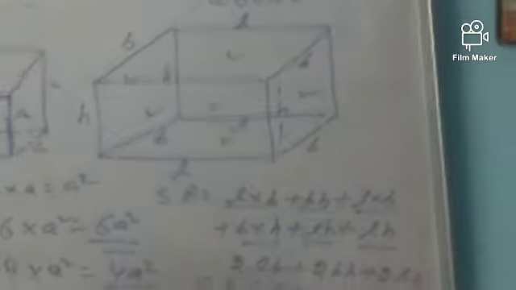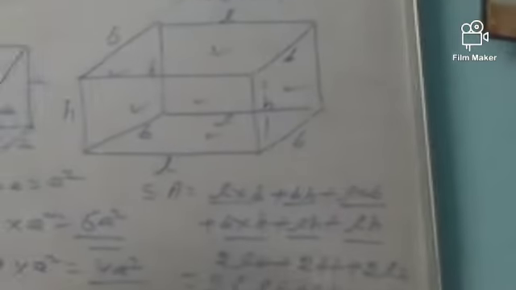So that means in total, you will see each is coming twice. So LB, LB is 2LB, BH, BH is 2BH, and LH, LH is 2LH. That means 2 into LB plus BH plus LH. So that is the surface area. It is also known as total surface area. So the total surface area of a cuboid is 2 into LB plus BH plus LH.